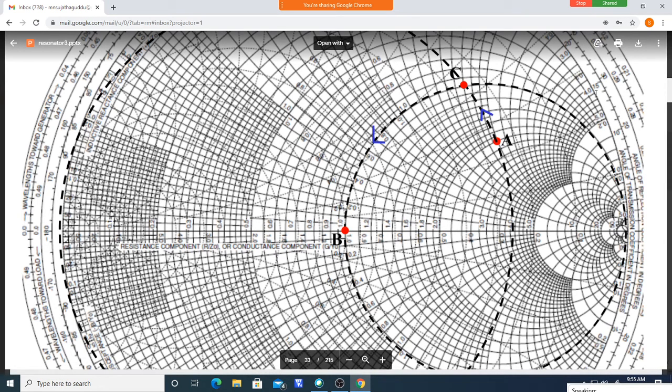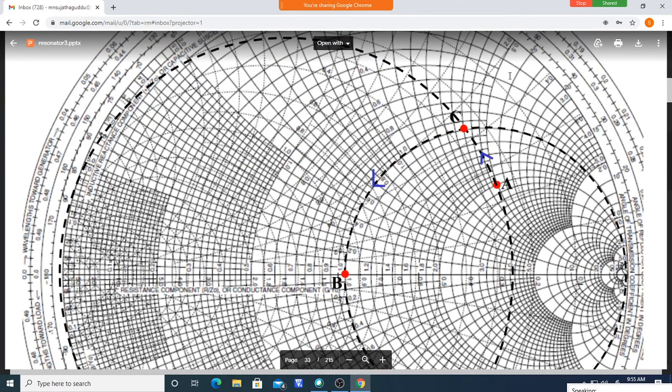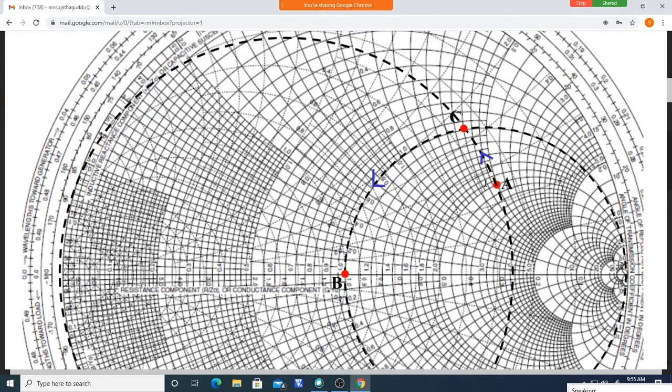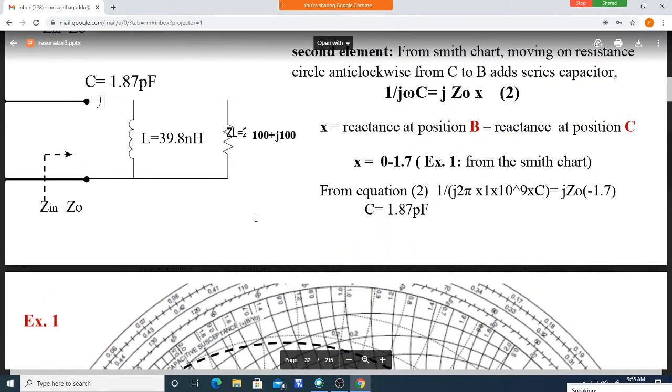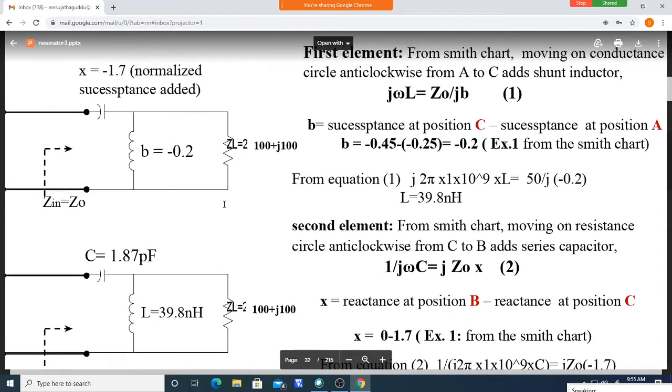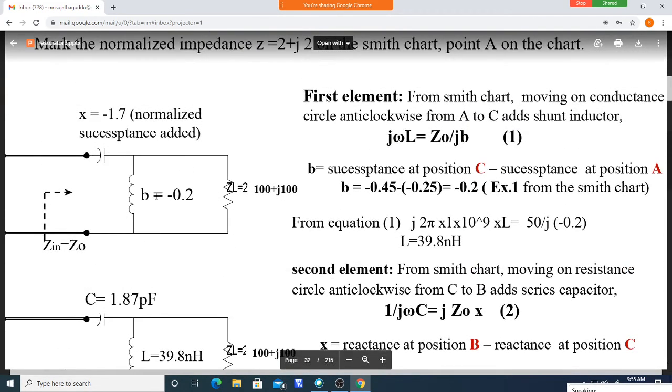This value, the B value. Read which B value is passing here and which B value is passing here. Note down the B value, take the difference and find out, using the procedure. You will be getting the value of the inductor added in shunt. That value you will be getting, the inductor value added here. So that I have done here, inductor added here.